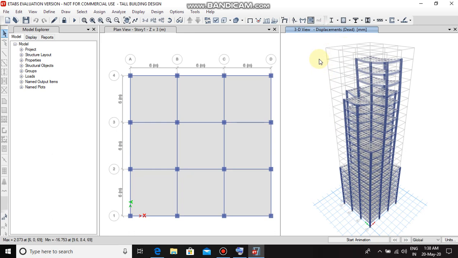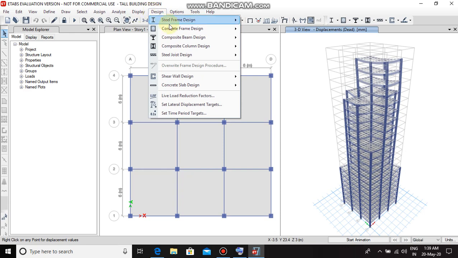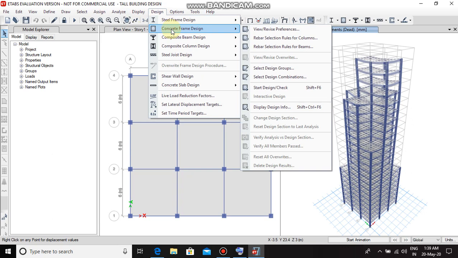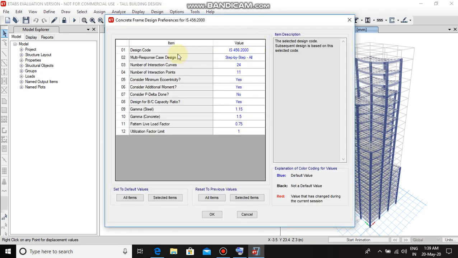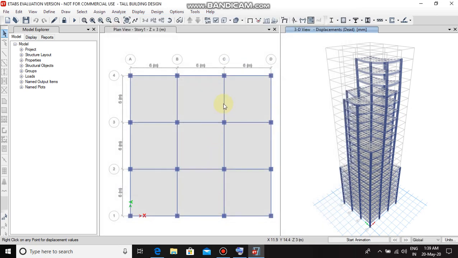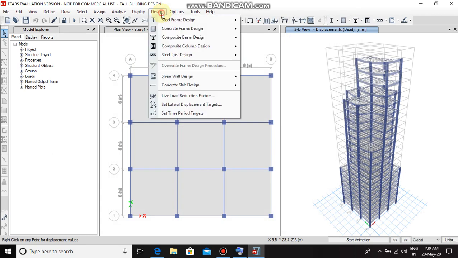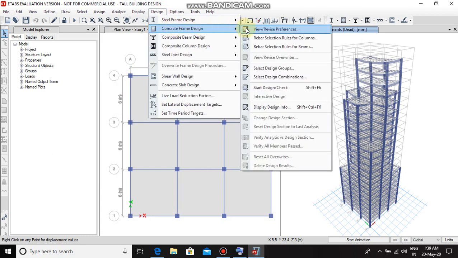Now run design on the building. Click on design. Click on concrete frame design. Click on view or revise preferences. We have to check whether the design code is IS 456. Then click on OK. After that, again go to design, concrete frame design, then start design or check.